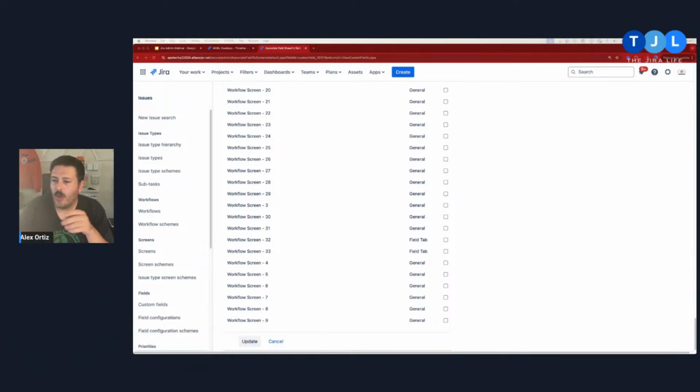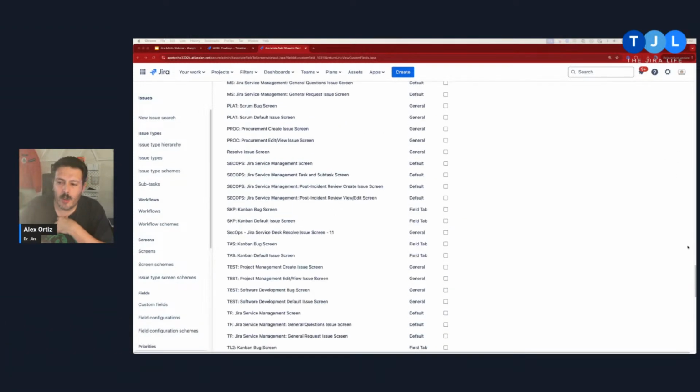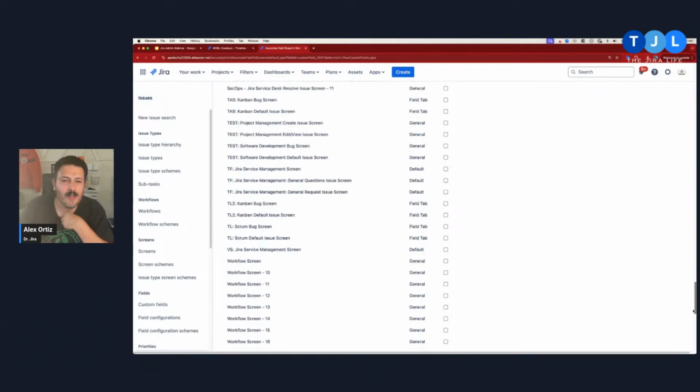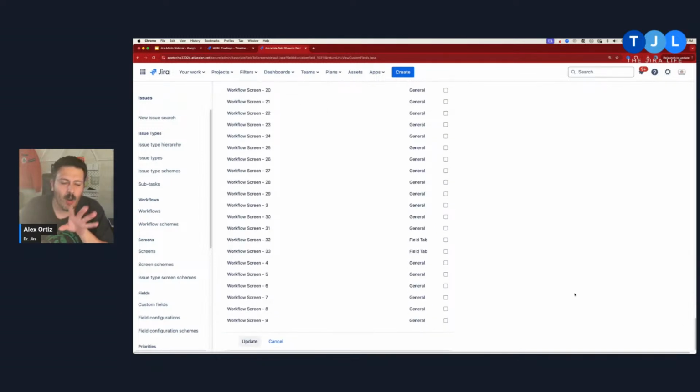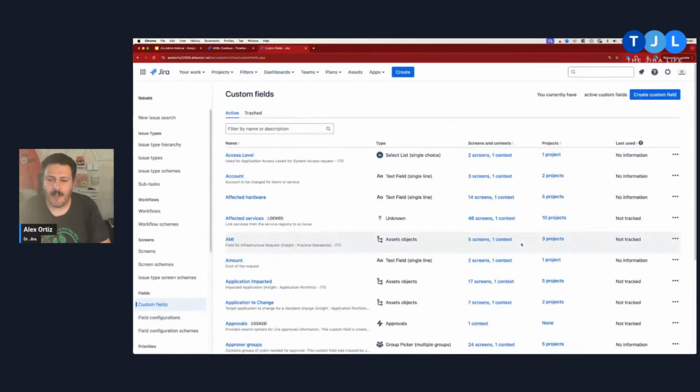right? So what I like to do is take my scroll bar and go all the way to the bottom, especially because I'm very unprepared. I don't always prepare for this, and I have a horrible memory, so I don't always remember what screen I want to put my field in. So I usually shortcut all the way to the bottom and click the update button. The field is created, but nobody can see it. What I'll do next is go into the project and pull it into the screen, which we're going to do. But I want to continue talking about custom fields here because we're not quite done yet,